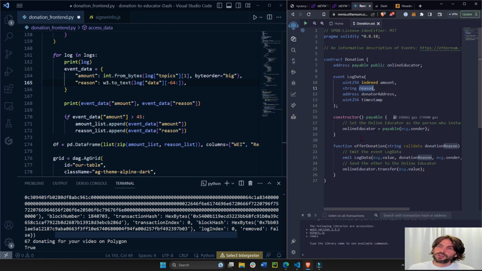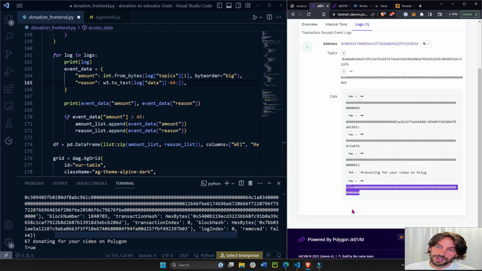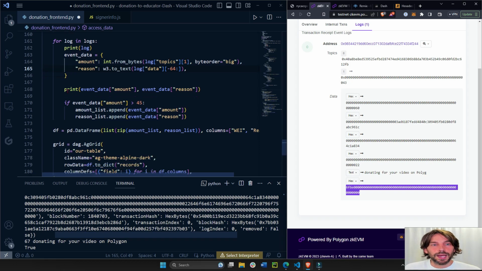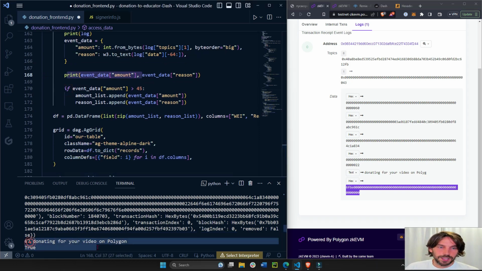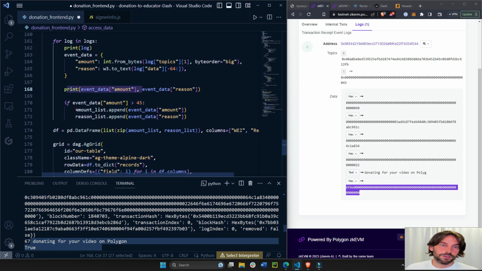It was hard for me to understand why the reason here is the second data variable, but in this data set it's the last. But somebody answered me on Stack Overflow with an explanation of how the data variables are ordered. So I'll add that link under the video so you can read more about it and understand for your variables. I'm just printing them out so we can see these things,